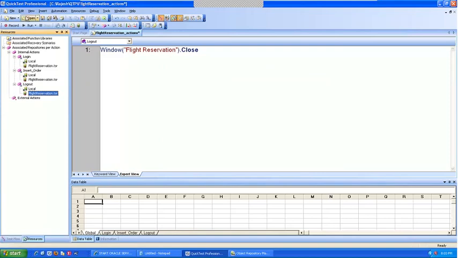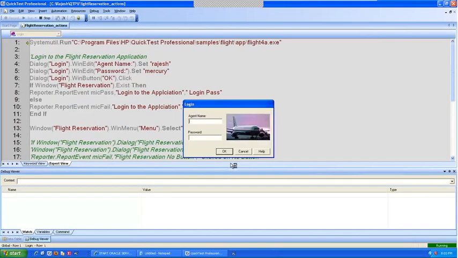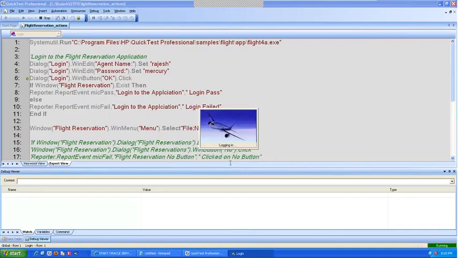Now let's run this and see how it works. I'm going to run this. See, first it ran login.